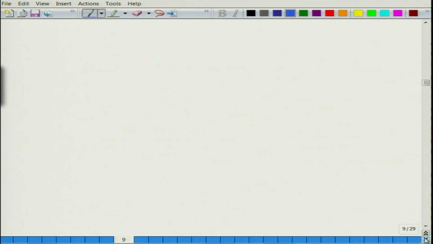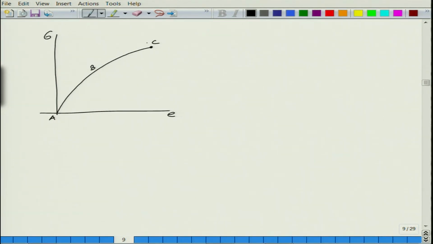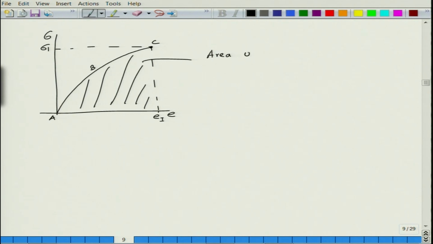So, let us do a bit of analysis, not exactly a calculation. When you want to calculate the elastic energy that is stored, this is epsilon, this is sigma, and you stretch the sample to this point. Let us say we go from A to B to C. So, you reach a stress level of sigma 1 and you achieve a strain level of epsilon 1. So, the area under